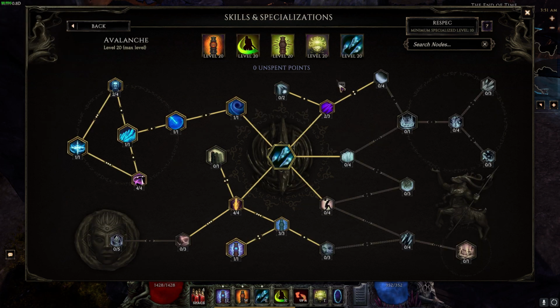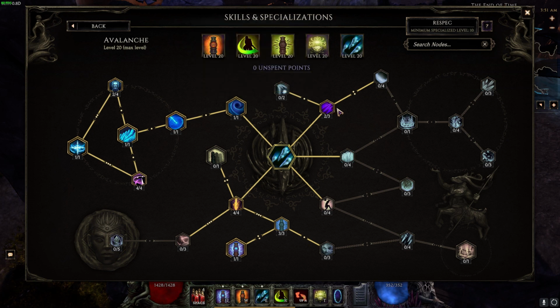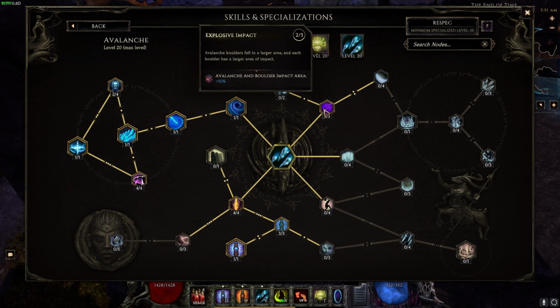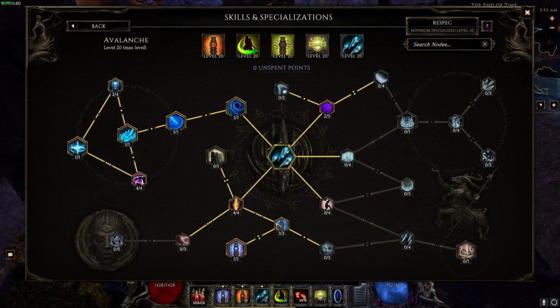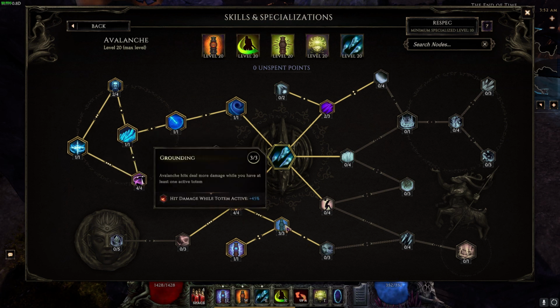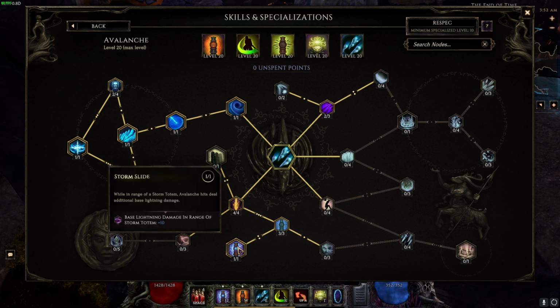For Avalanche itself, have it set up for some mana efficiency, as it does get a bit mana intensive, and then just for as much hit damage as possible. It's also going to be a cast and forget. 2 points in Explosive Impact gives you 50% more Avalanche and Boulder Impact area. 4 points in Harsh Winter gives it 40% more hit damage, 3 points in Grounding for 45% more hit damage while there's a totem active, which obviously in a totem build like this you're always going to have, and then